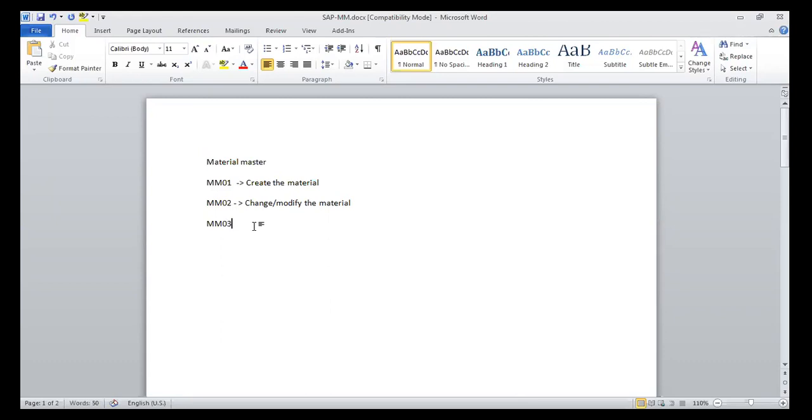And MM03 is to display the material. In display, we can't change anything, it will be read only. So these are the things which we had seen in yesterday's class.